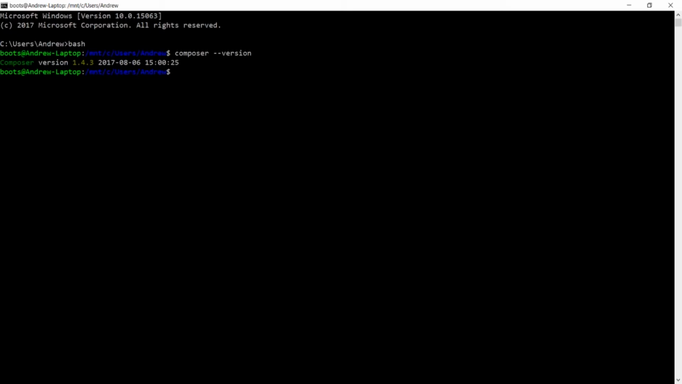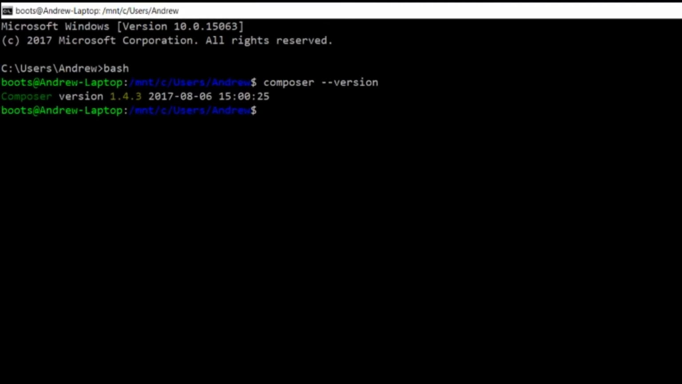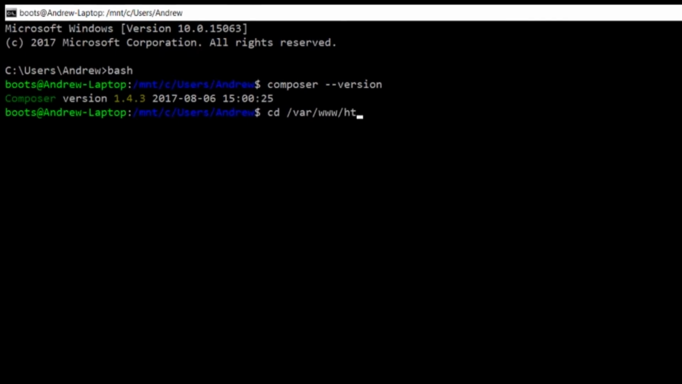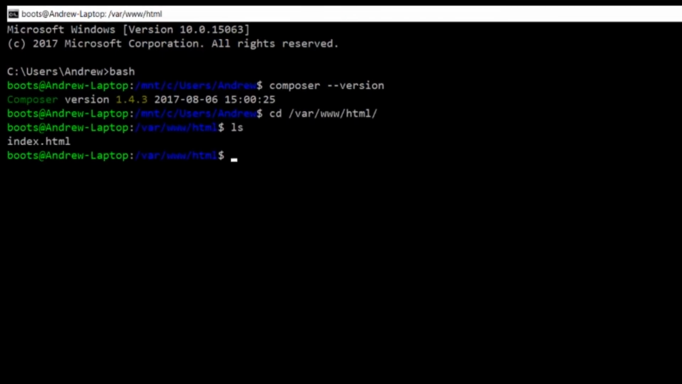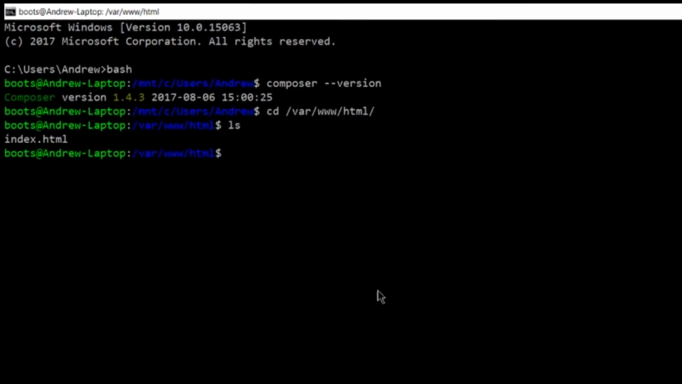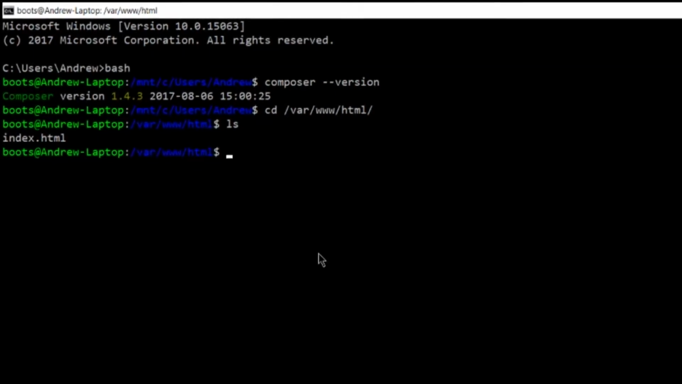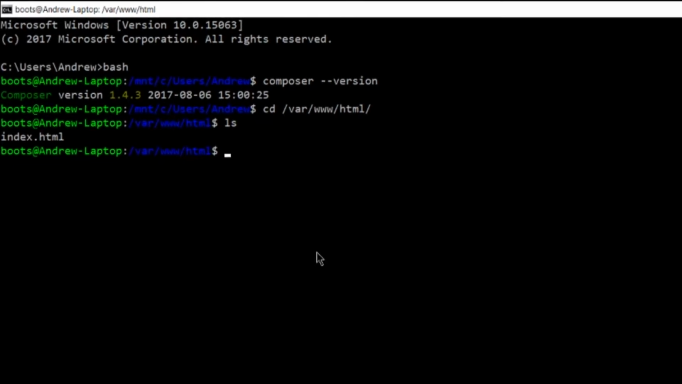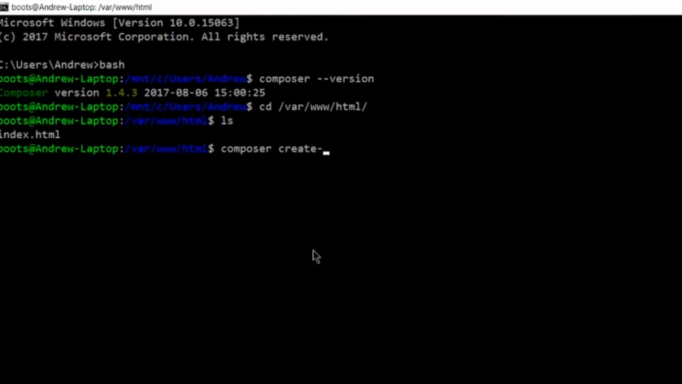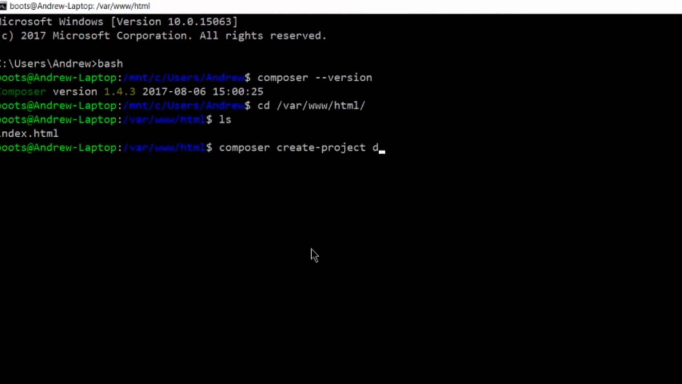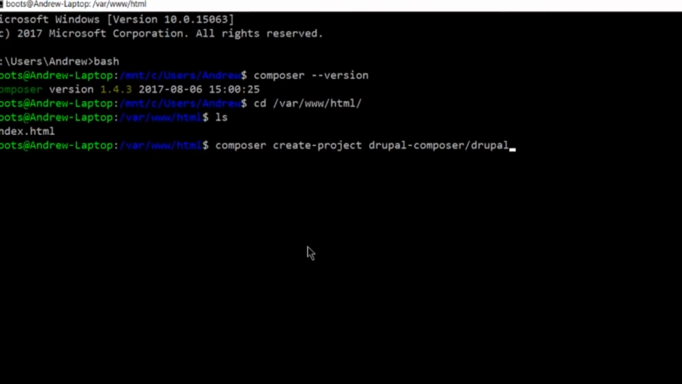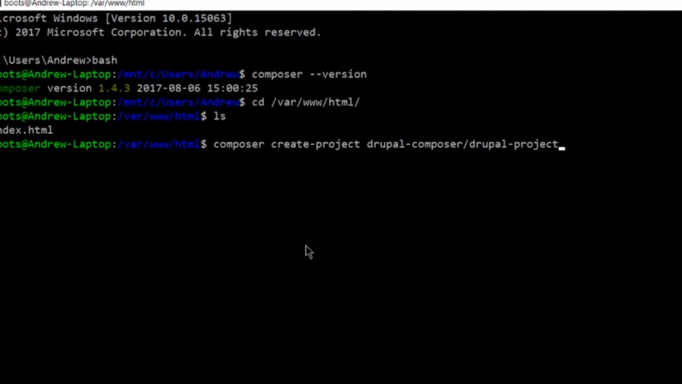Now, I'm going to move over to my working web directory and make sure that I don't have any other test sites going. Okay, so I have a blank working directory. And the first thing that I want to do is install my Drupal site using Composer. So I will type in composer create-project drupal-composer/drupal-project